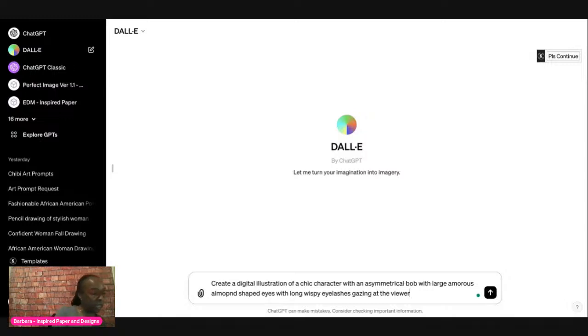So the next part is, what lip style do we want her to have? Do we want a subtle, natural, neutral tone gloss? Do we want a red matte lipstick, soft pink, natural, classic? Do we want the full lips with the glossy look? What kind of lips are we thinking of? And after we do the lips, the next part is the outfit. If you think of any other things that you want to include when it comes to her facial features or her outward appearance, let me know.